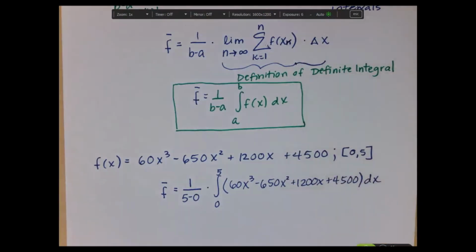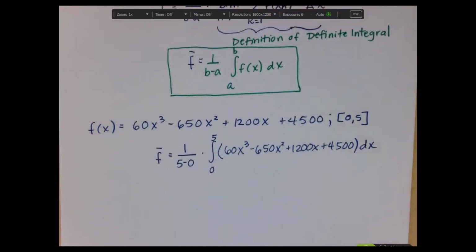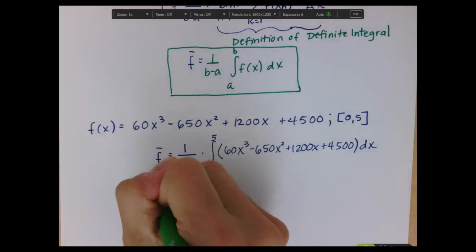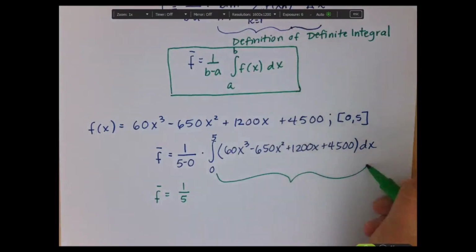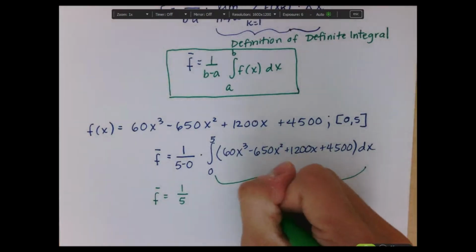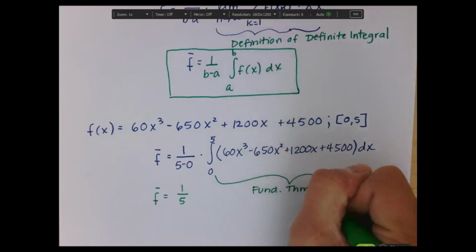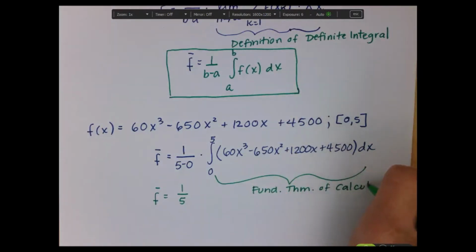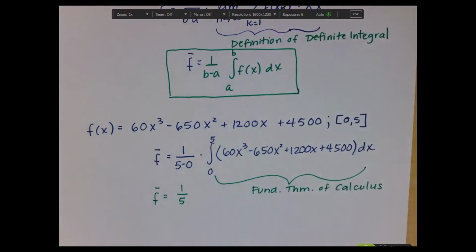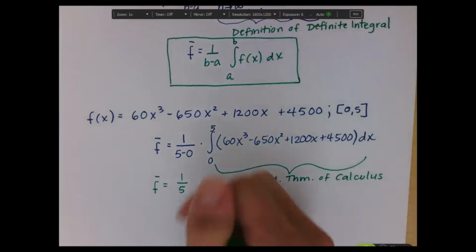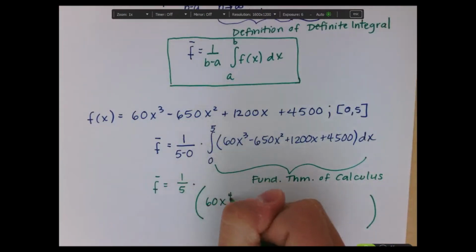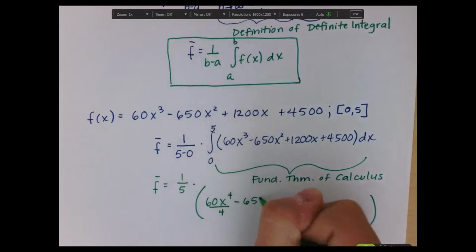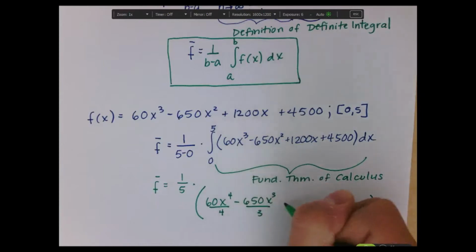With respect to x. So obviously this fraction, 1 over 5 minus 0, is just 1/5. So let's calculate this definite integral using the fundamental theorem of calculus. So first of all, we're going to find the antiderivative of the function. And so that antiderivative will be 60x to the 4th over 4 minus 650x cubed over 3 plus 1200x squared